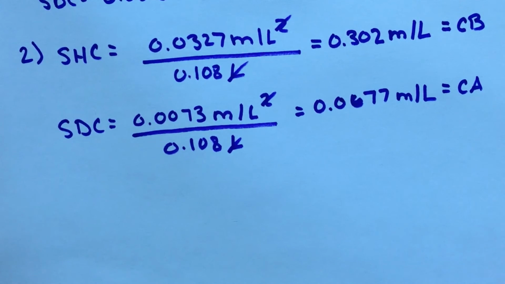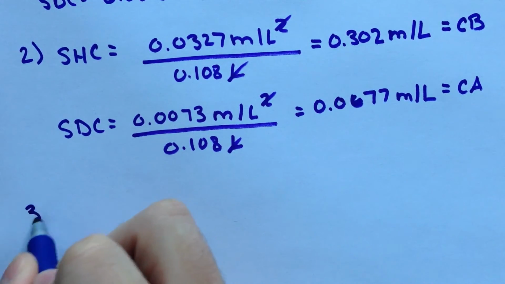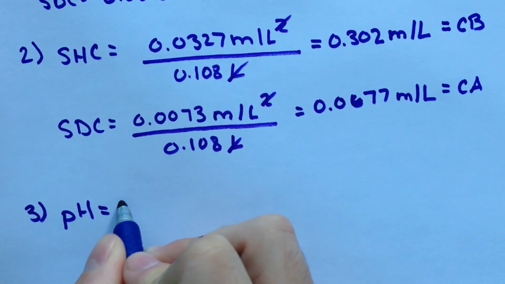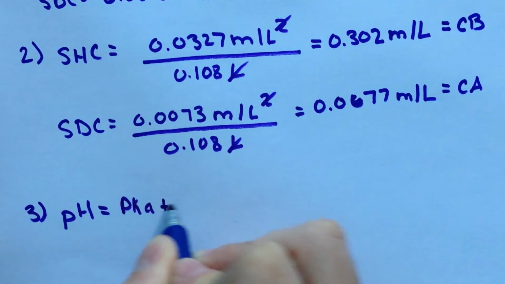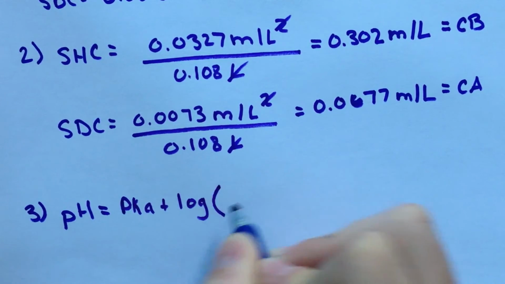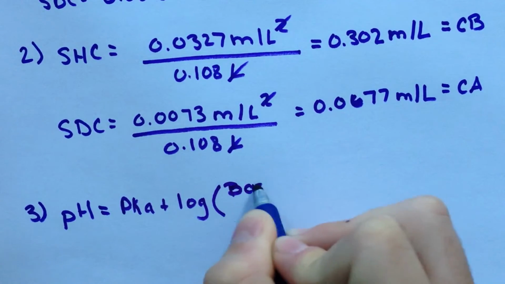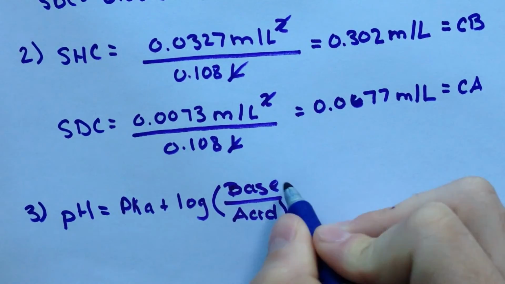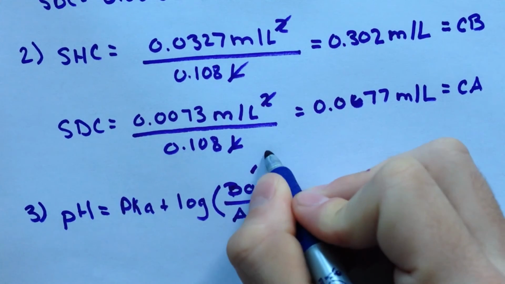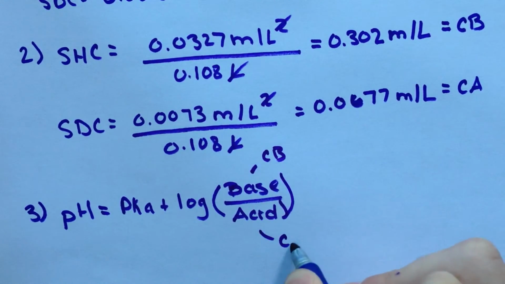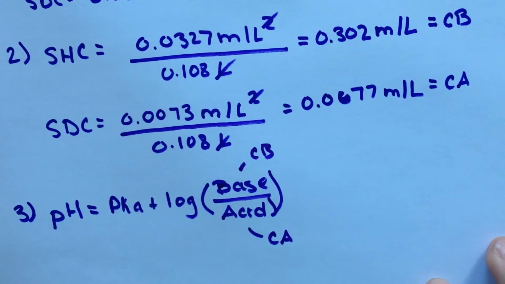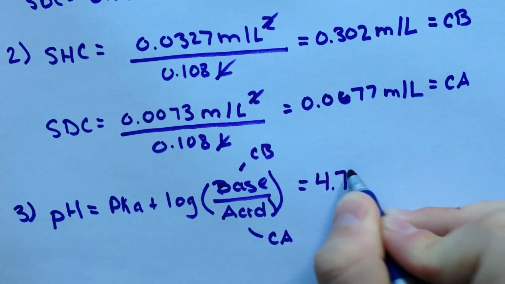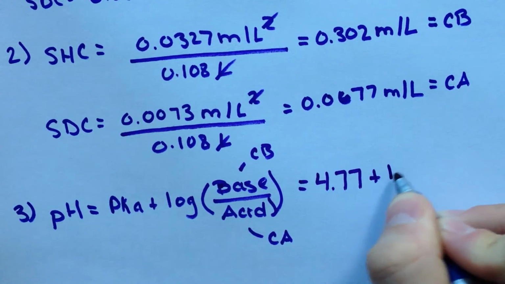Okay, so now all you have to do is plug it into the equation, which is pH equals your pKa value plus log of your base over your acid. Or you can say this is your conjugate base over your conjugate acid. So this is going to equal 4.77 plus log